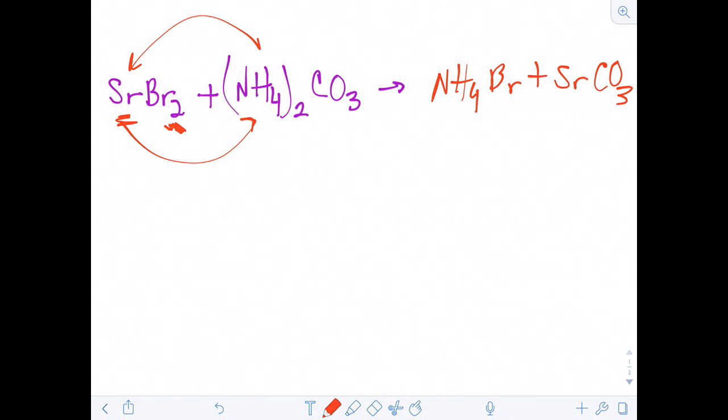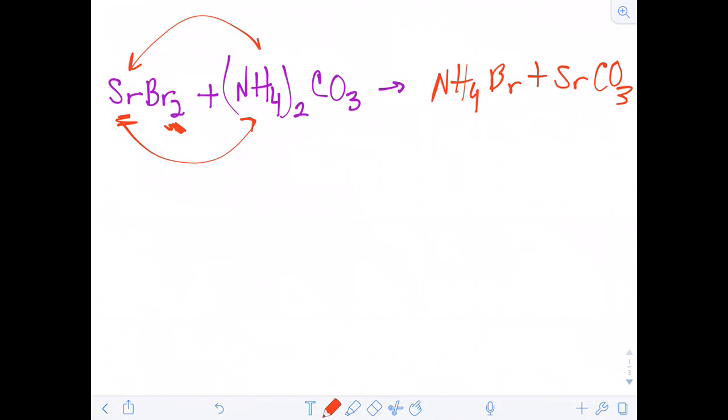What's CO3? Carbonate. Carbonate has a 2- oxidation state, so I need 2 strontiums. Strontium has a 2+ oxidation state, so I need 2 carbonates. Do I write anything? No. 2 to 2 is 1 to 1. We don't write anything. It's finished. Are carbonates soluble? No. Not soluble. The only exceptions being,